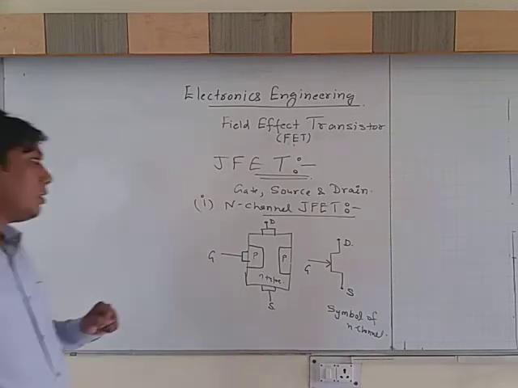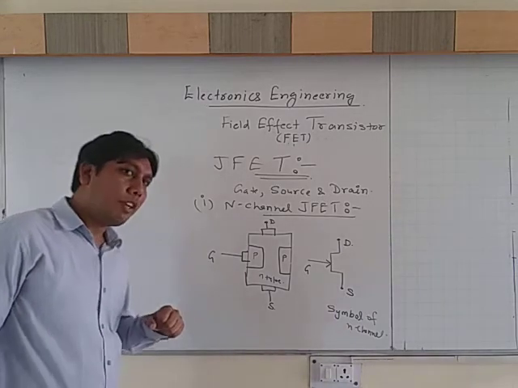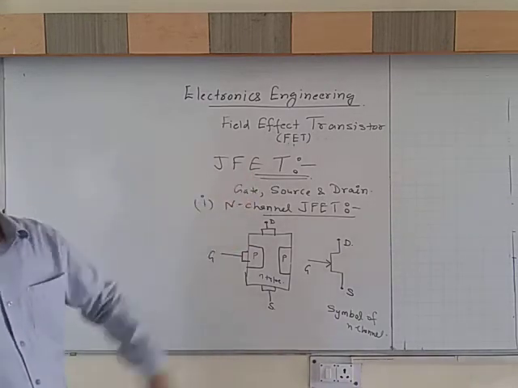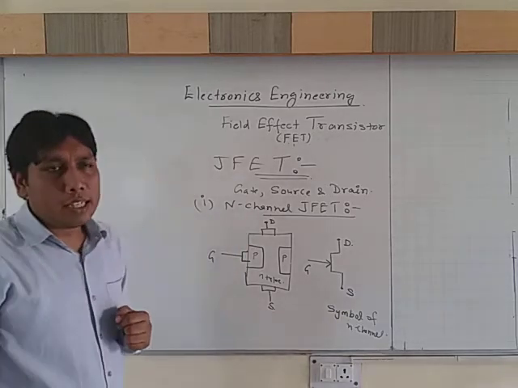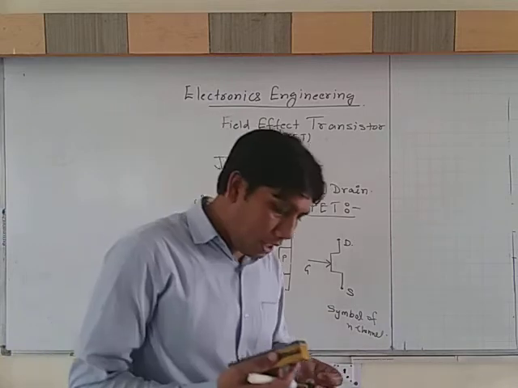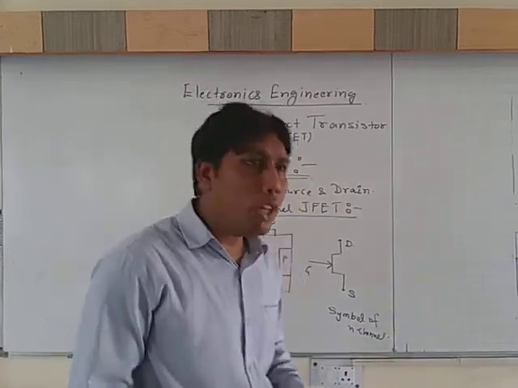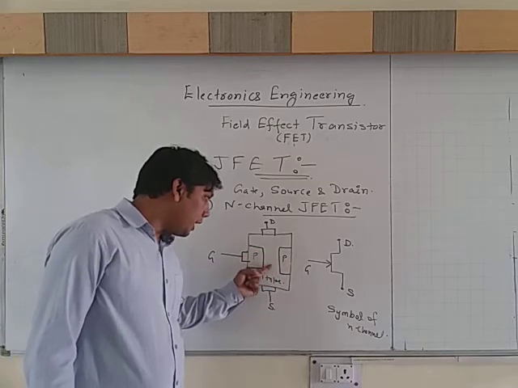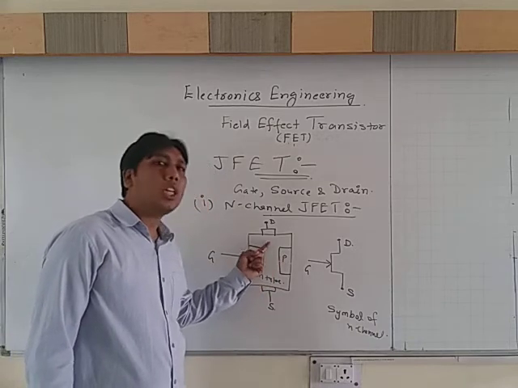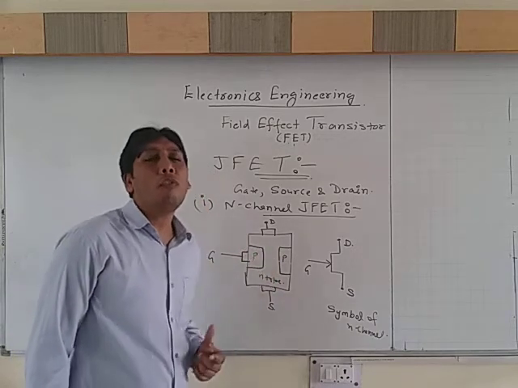The second one is P channel JFET. P channel JFET is just opposite to the N channel JFET. That means P channel JFET is that type of FET in which the channel, that is the space in between the PN junctions, is made of P type